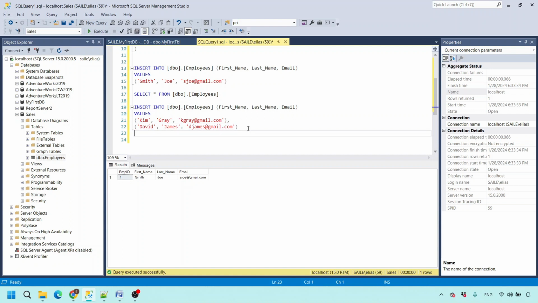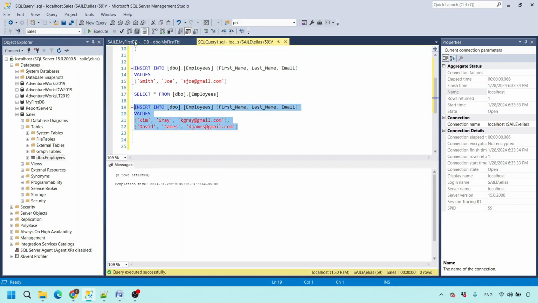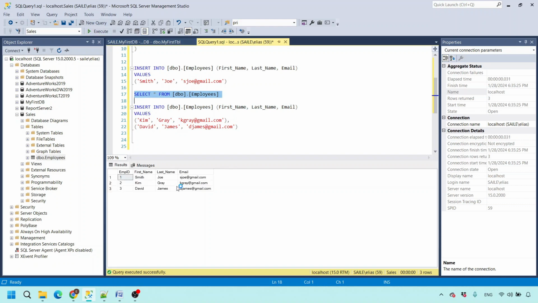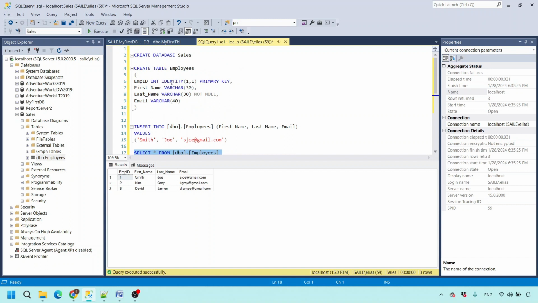If we have other records, we can put a comma and continue. We can insert like that whichever records we have. So to execute, I will select the code and click execute. Two rows affected. To see the result, execute the select statement. Here, three records inserted. As I told you previously, employee ID is an identity column, which has a seed of 1